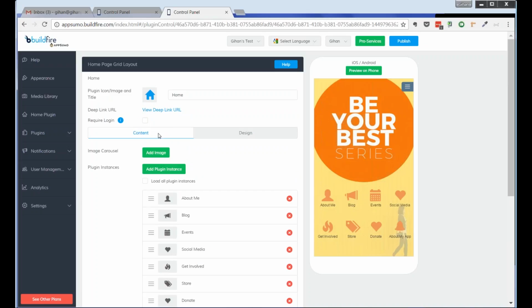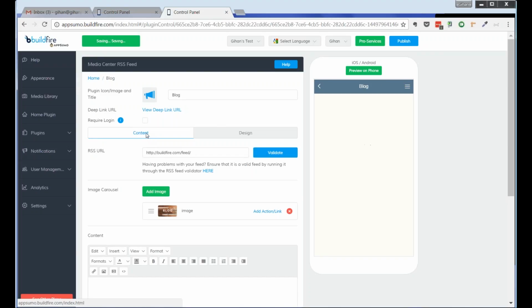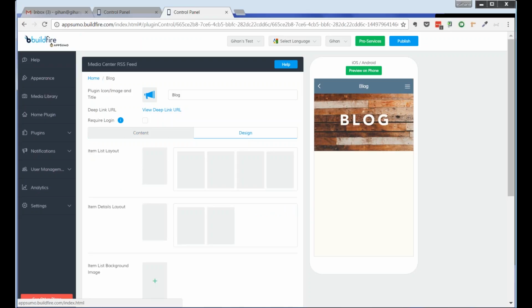Then in the Buildfire website, almost every time you open up one of these, when you click one of these, you'll see that there are two tabs here. There's content and there's design. So design is how that plugin is going to look. So if I click on design here,